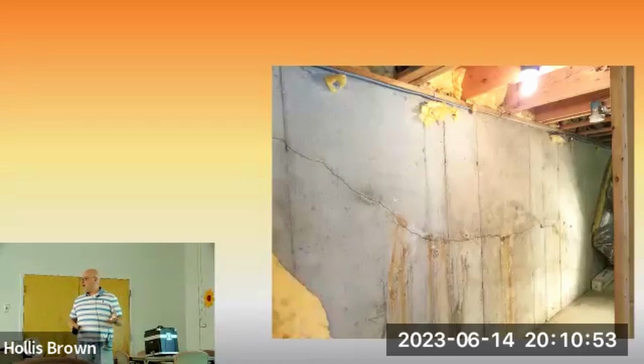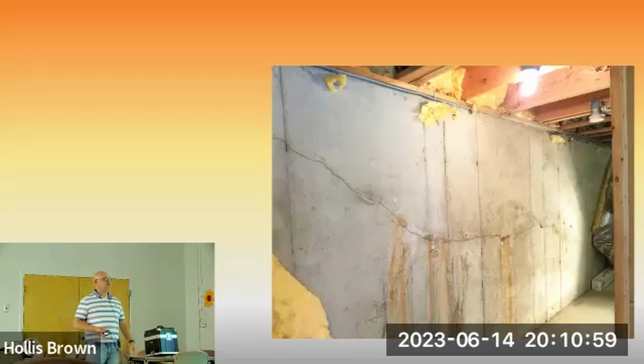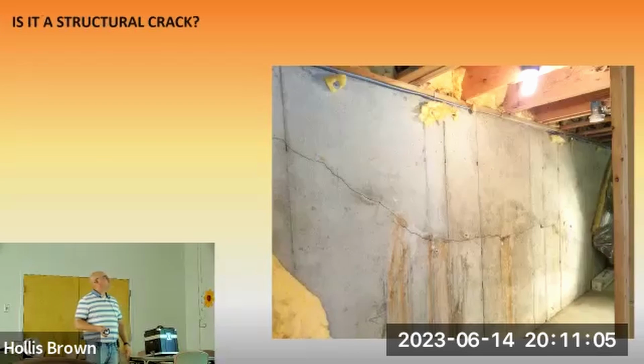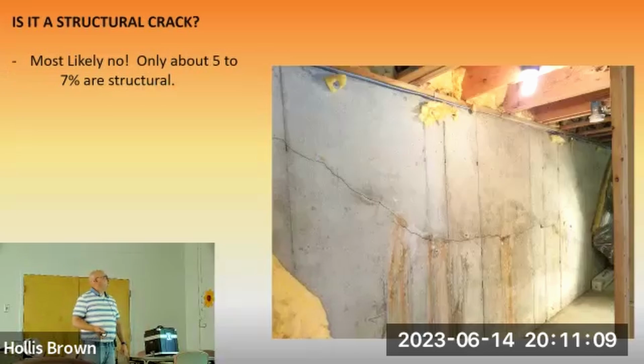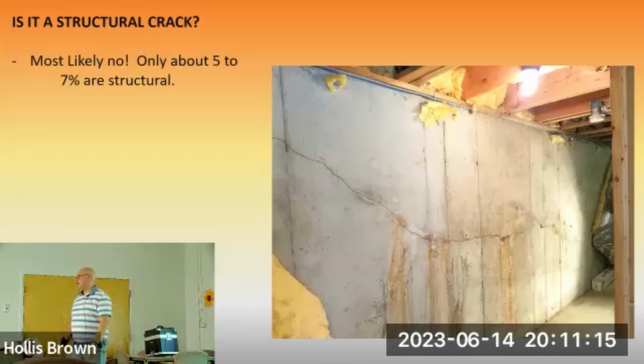Mostly, if the crack is horizontal, then there's more of a concern of it being structural. This one had a little bit of a bow to it, and it had the horizontal crack and the water intrusion. So here we go. Is it a structural crack? Most likely, no. This one is, though, but only about 5 to 7% of the cracks out there